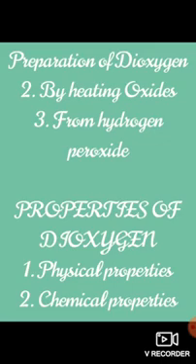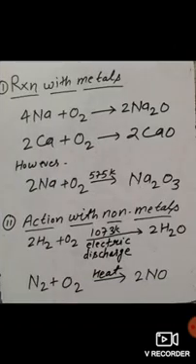I have told you the most important property. What is that? Dioxygen is paramagnetic in spite of having an even number of electrons. Let's discuss the chemical properties. So we have reactions of chemical properties.